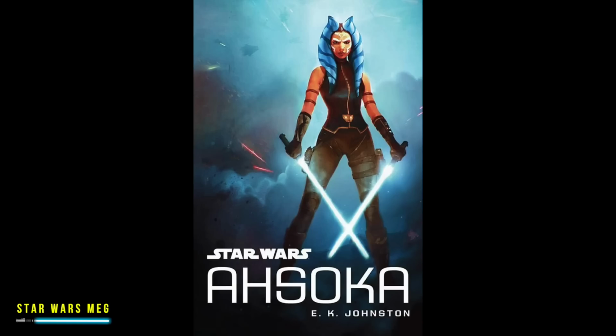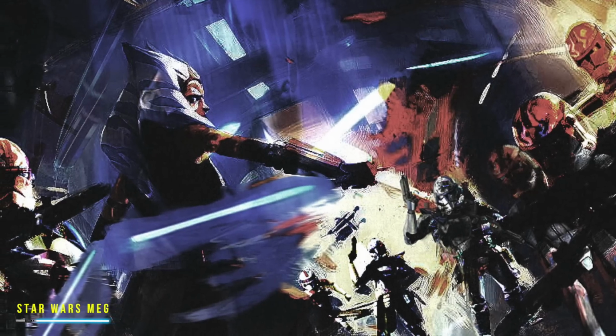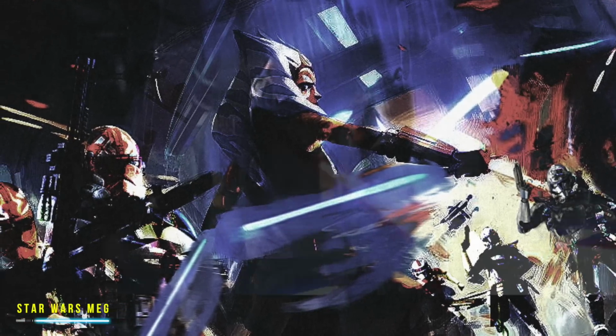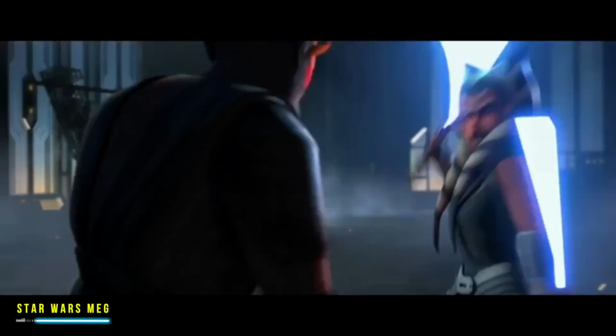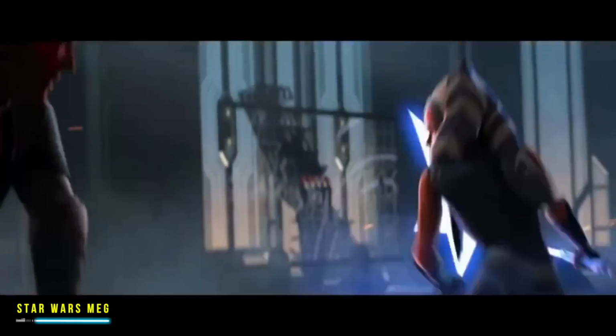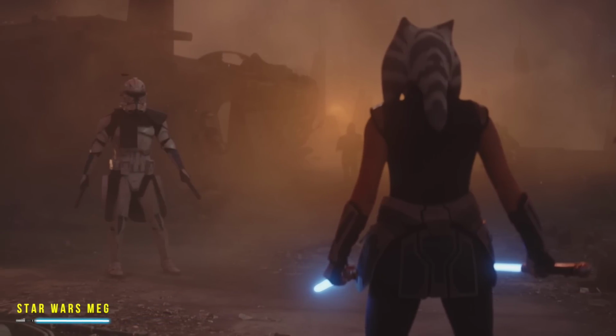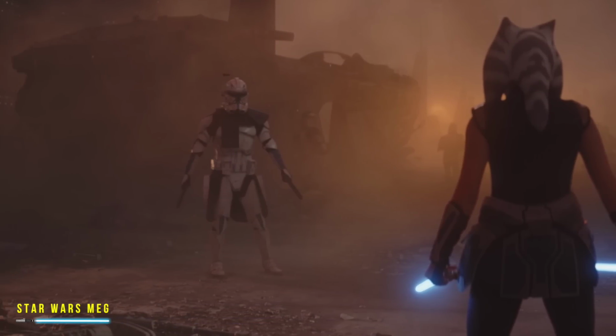Prior to the final season, the only real information about Ahsoka's role in the Siege of Mandalore and what followed came from that novel in 2016. According to the novel, Ahsoka's battle with Maul ends with her trapping the former Sith inside a ray shield. Soon after, while Ahsoka and Rex are still on Mandalore, Order 66 is given, and the clones turn on Ahsoka